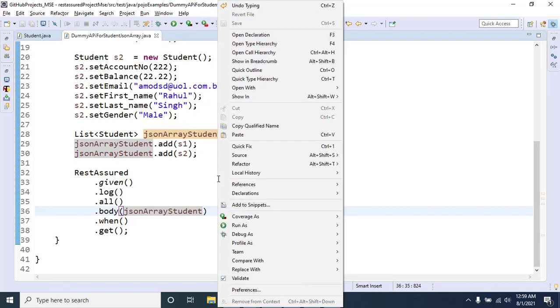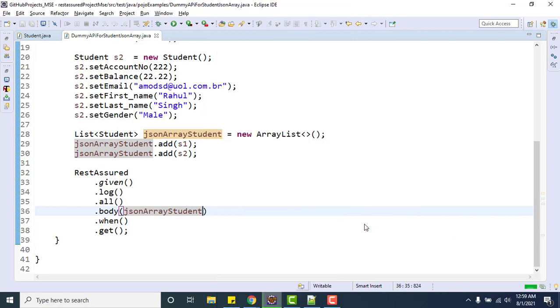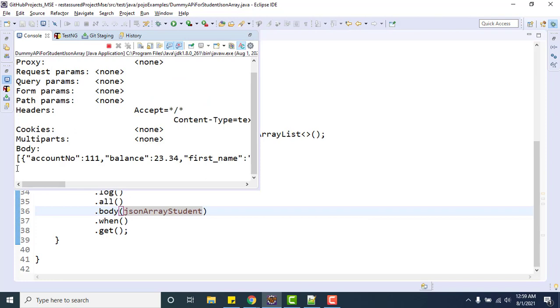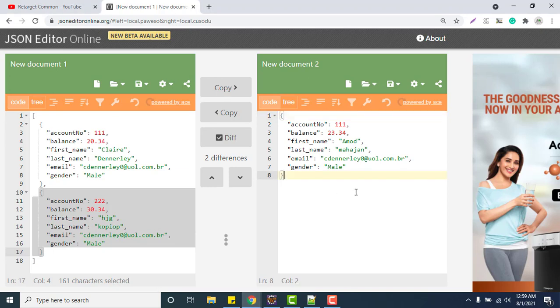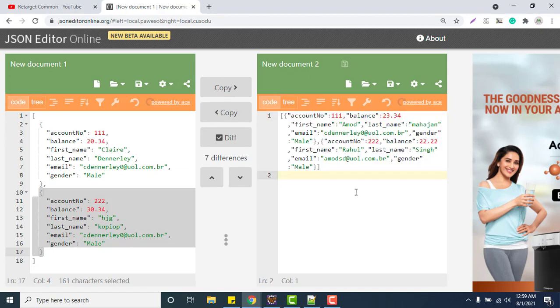Let me run and show you what will happen now. Run as Java application, and you can see we are getting some body. Let me copy it and paste it here. We know that this will throw an error because there is no such API. I am simply doing it for demo purposes.